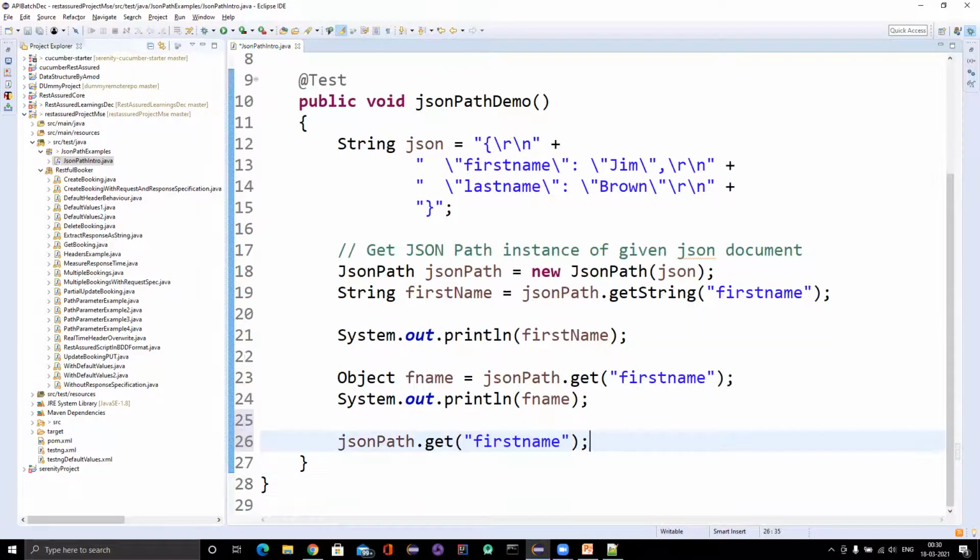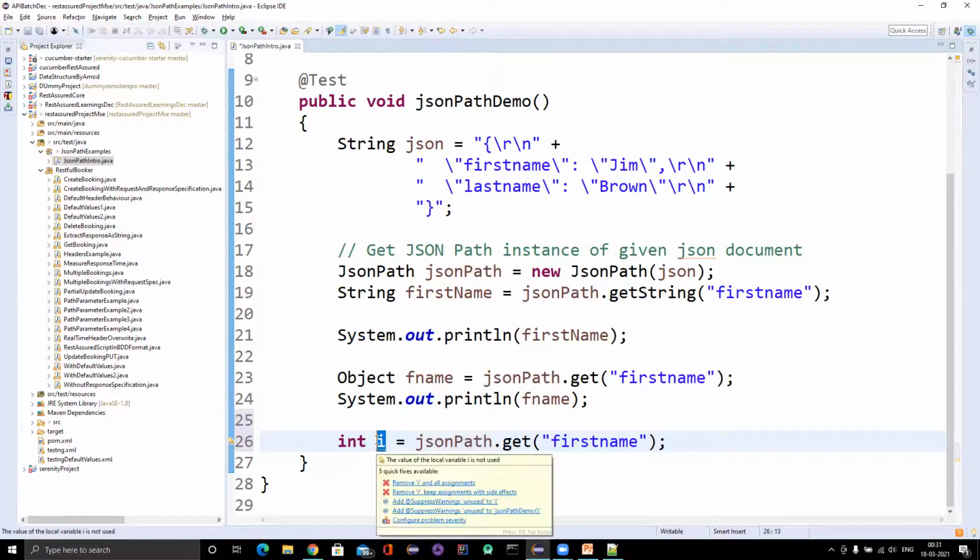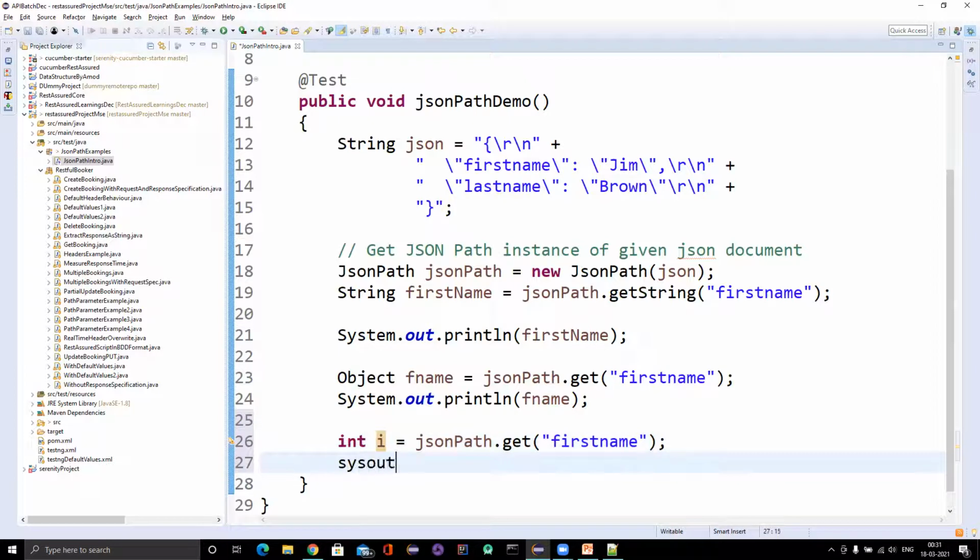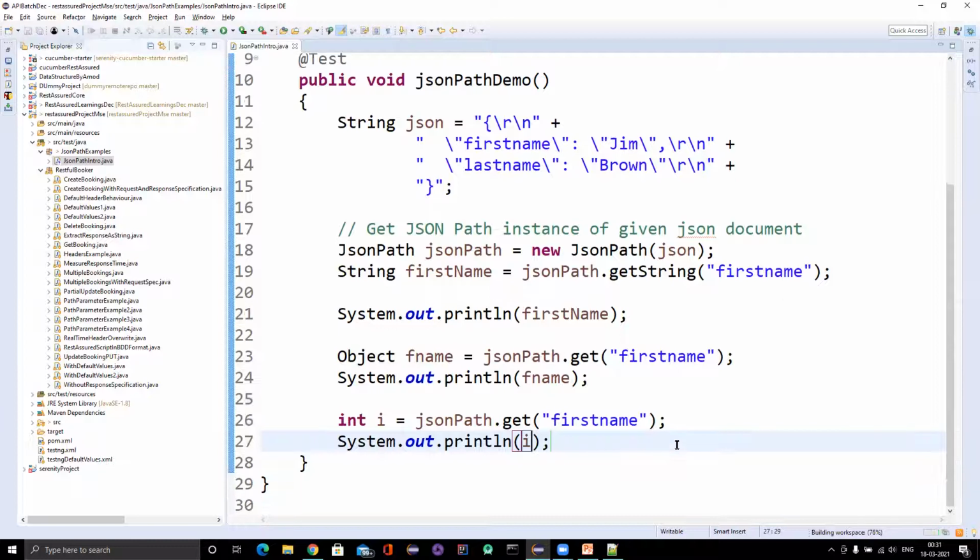But suppose I don't know what type of value it holds, and I'm storing it into an int data type. I'm saving it as an integer value. If I print it now, what will happen? What will happen if I run this?